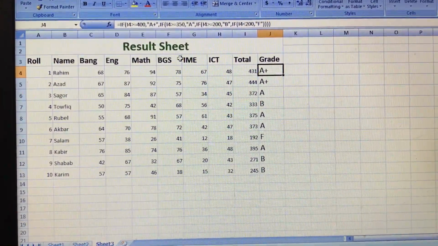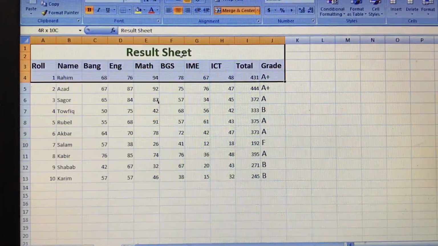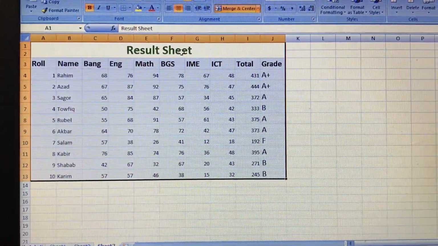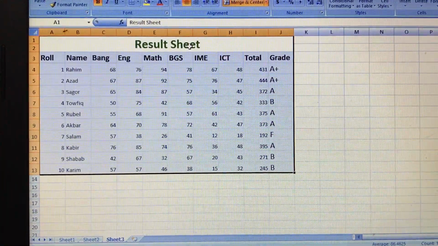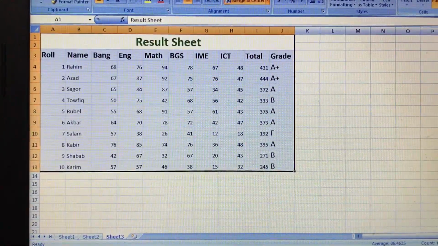Okay, up to this clear. Now for taking a printout, we have to give a boundary. It means border line. For that reason, select the range of cells and go to format.